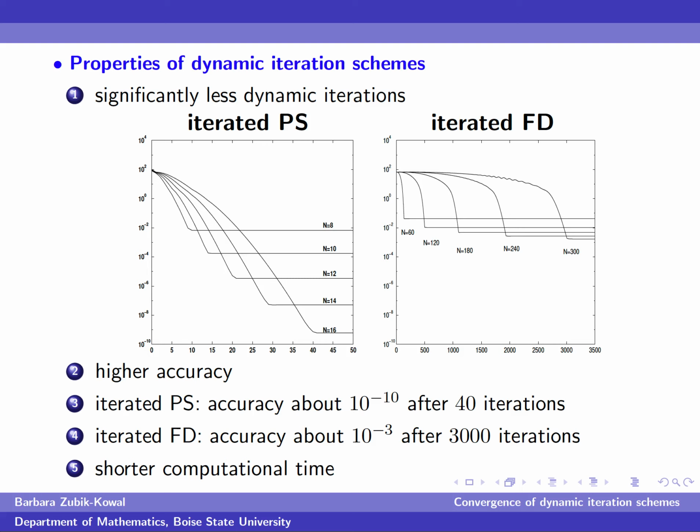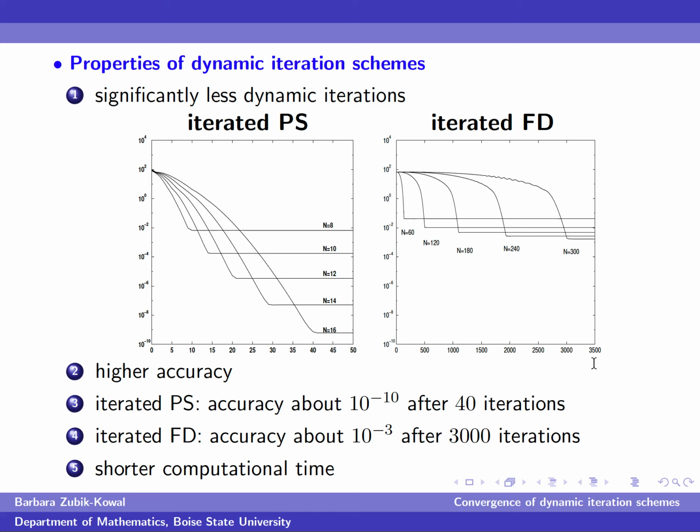However, it turns out that there is another advantage, and the other advantage is that dynamic schemes converge in much fewer iterations when they are applied to pseudospectral rather than finite difference semi-discrete systems. And this is observed here using the horizontal axis. Now the ranges of the horizontal axis in both figures are completely different. The range of the horizontal axis in the left-hand side figure is from 0 to 50, while the range of the horizontal axis in the right-hand side figure is from 0 to